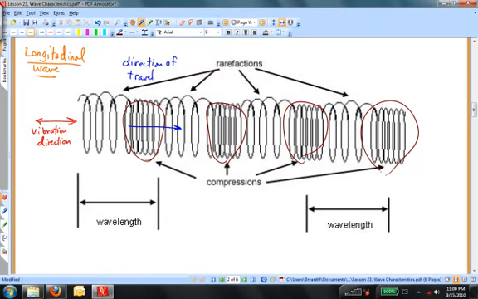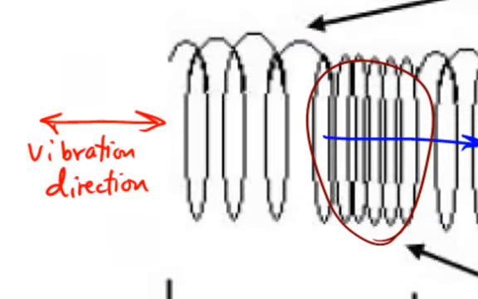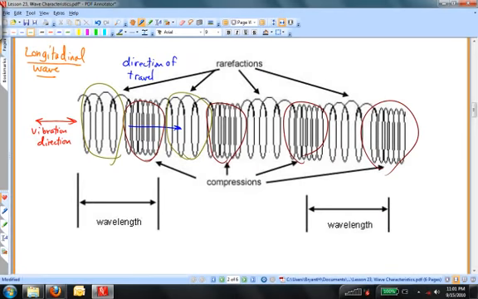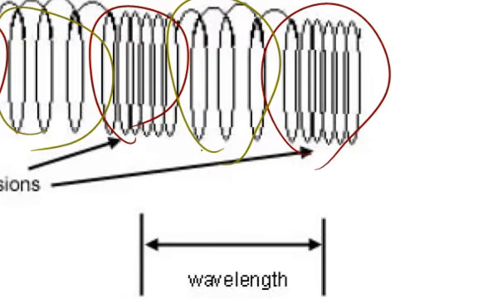And then there's a place where the medium is more stretched out. And we call those places rarefactions. And there are 1, 2, 3, 4 of those in this diagram as well. And they're located here, here, here, and here. The distance along the direction of travel, in which there's one complete compression and one complete rarefaction, is a wavelength